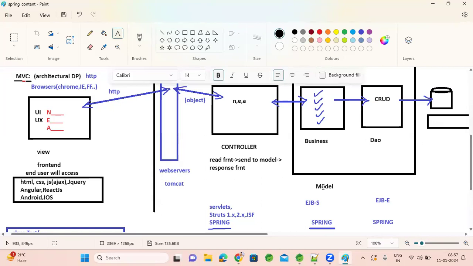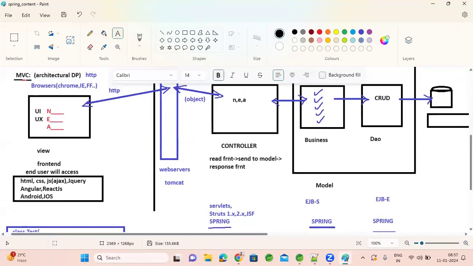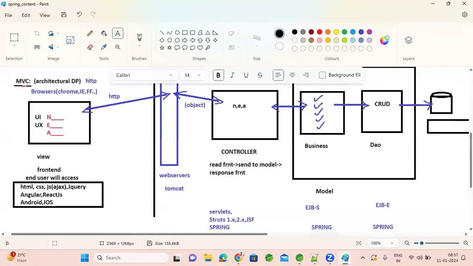As per MVC architecture, we divide code in such a way: presentation layer separately, controller separately, business code separately, DAO code separately, so that your code is easily maintainable. Without this you can also write everything together, but the problem is if somebody tries to look into your application, they can't understand anything. It will take months to years to learn what you have done. If you go with MVC architecture, they will easily understand.